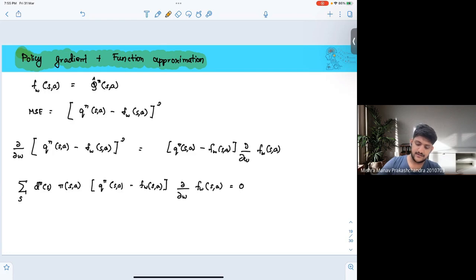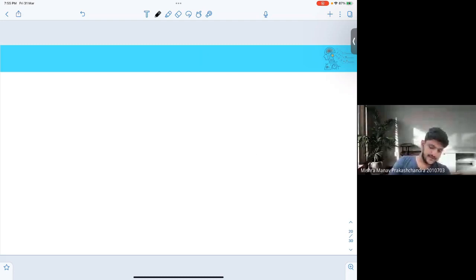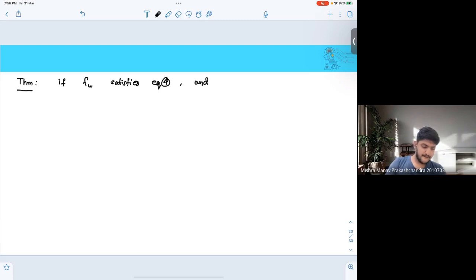Let's say we term it equation number 4. So the theorem here states that if fw satisfies equation 4, and I say that my dy dw of fw s comma a is simply this quantity here, I simply define this to be this particular quantity,